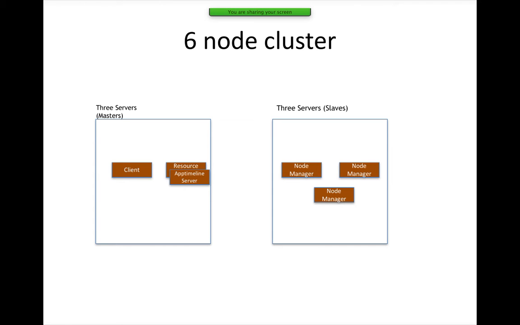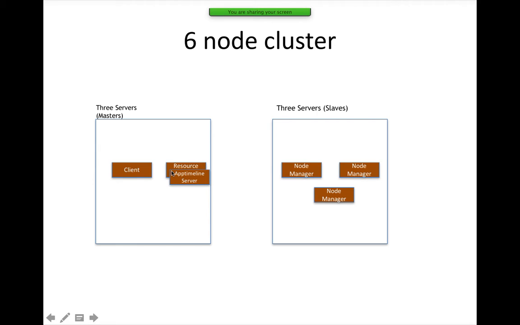So we have three masters in our cluster. 242, 243, 244 are categorized as masters, and then I have 7 nodes actually. 3 masters, 242, 243, 244, and then 45, 46, 47, 48 are slaves. Those are the private IPs which I have for my 7 node cluster. Of the masters, 242 is a gateway node or client node. It has very few components other than just submitting HDFS commands and MapReduce jobs.